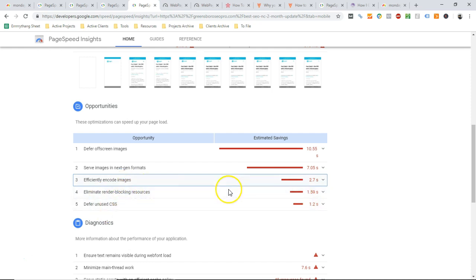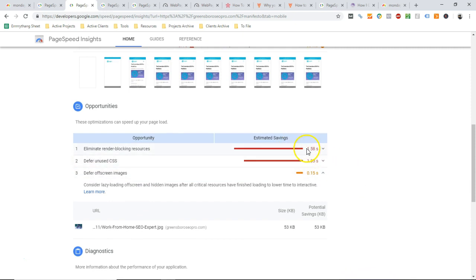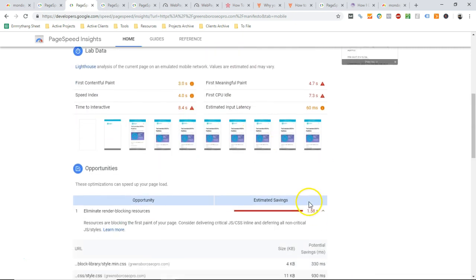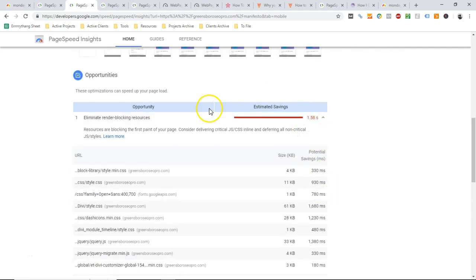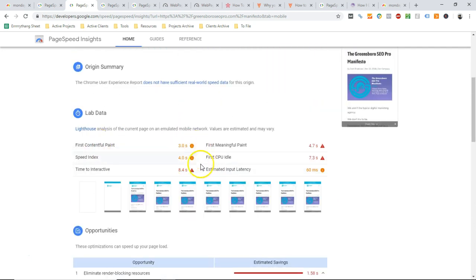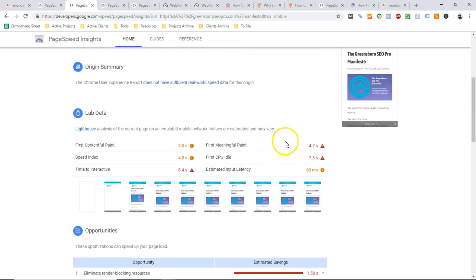And then you see these two that are still here. So what will actually cause your pages to perform better is how that page is developed. When you look again at my manifesto page, it's only these that are getting in the way. And if those weren't there, if you shaved off, let's just say, 3 seconds from this, not all these scores will be affected by that, but certainly the time to interactive. Let me see. Yep, the first meaningful paint, first contentful paint. I'm not sure what speed index measures, but both of these would go up. I'm not sure that this one would drop down to 1.3, but it very well may, because this is basically